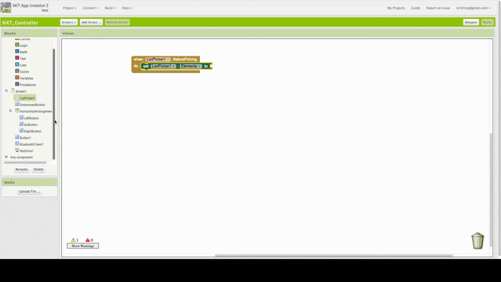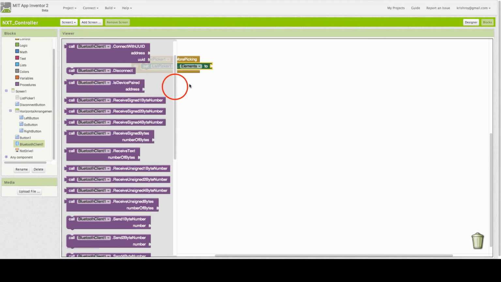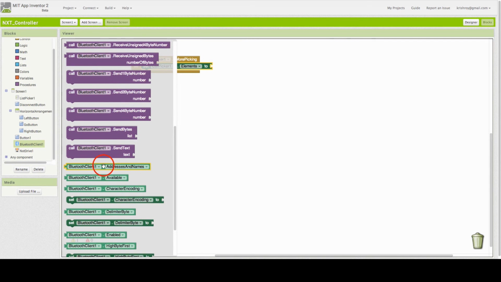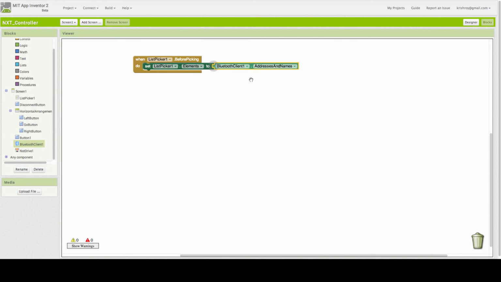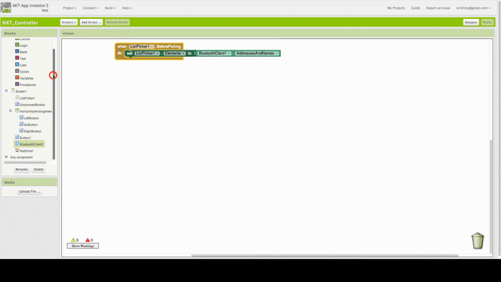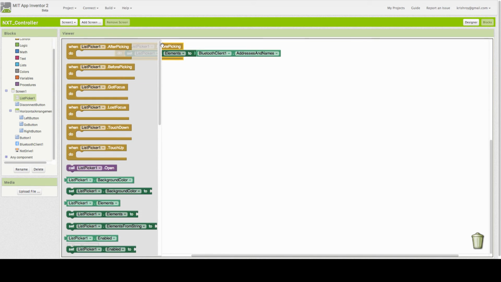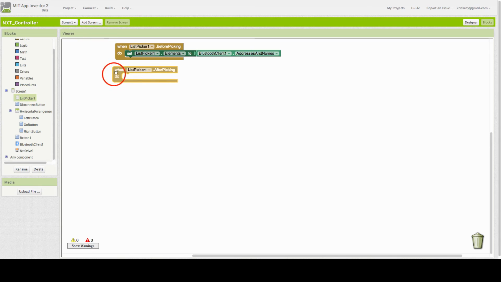Then I'm going to go to my Bluetooth client and select the Bluetooth client.addresses and names block and place that over here. So in a sense, what we are doing is when we touch the list picker button, it's going to look up all the available Bluetooth devices and display that as a list of items. So when we select one of the Bluetooth robots, what we want to do is connect to that robot. So now I'm going to drag a list picker.after picking, and once we have made a selection as